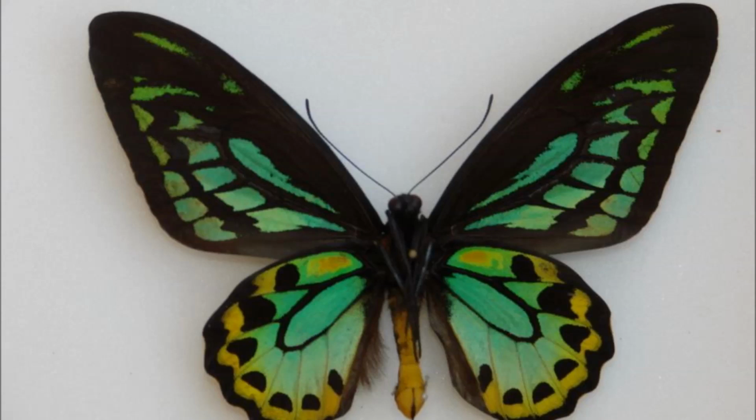Well, let's hope that in the not too distant future we can see them in our backyards. Yeah, that'd be great. And instead of just having the name pop up every now and again, actually people recognising and knowing, hey, that's a Richmond birdwing butterfly and I've got it in my backyard, would be absolutely fantastic. And it is an iconic species for the southeast. So for us to know it and recognise